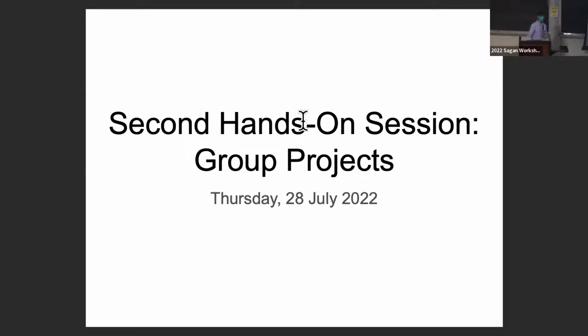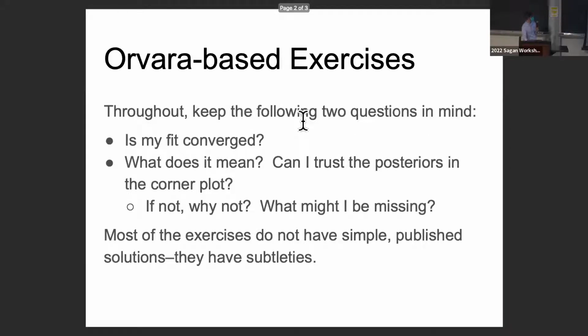All right. So the first of the two choices for today is, well, I say first of the two, but we have 4 prompts within the Orvara activity. You could also choose your own system or your own data to fit. So go through any one of those that you would like. I would like to say just a couple of things about them, and they're on here. So I'll repeat what's on the slide for emphasis, I suppose,